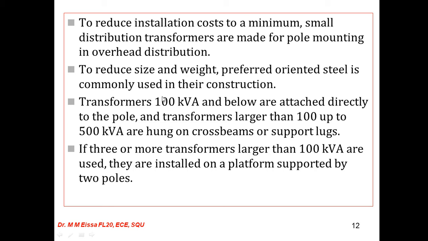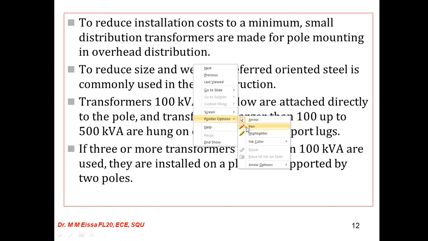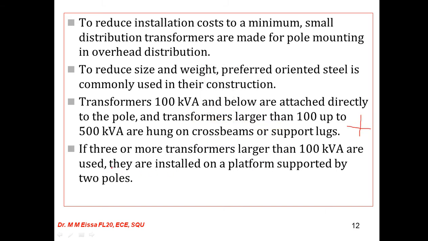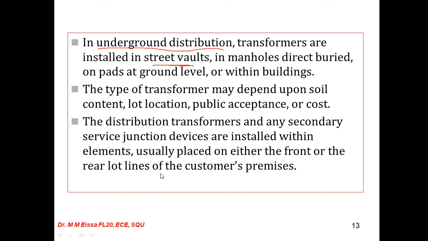Transformers with rating 100 kilovolt ampere and below are attached directly to the pole, and transformers larger than 100 up to 500 are hung on cross beams or supported on lugs, something like this one. If three or more transformers larger than 100 kilovolt ampere are used, they are installed on a platform supported by two poles. In underground distribution transformers, some places prefer that they are installed in street vaults